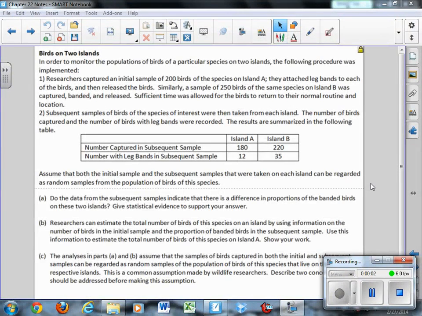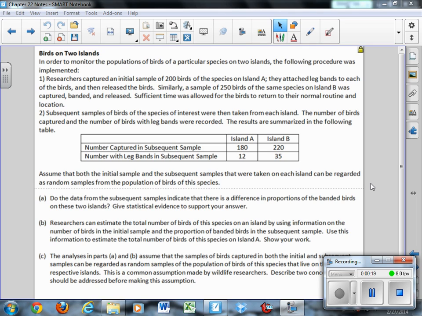I'm going to be talking about how to do a hypothesis test for two proportions using the birds on two islands problem. In Google Drive, if you look for the file entitled Key to Birds on Two Islands, and if you want to have that printed out or just be looking at that,